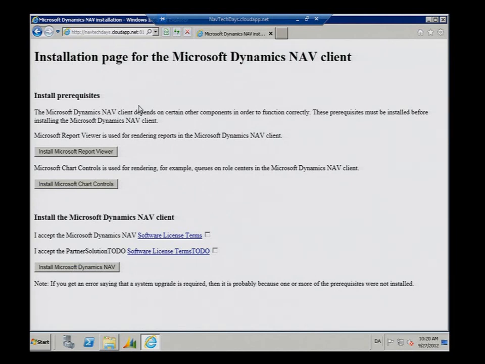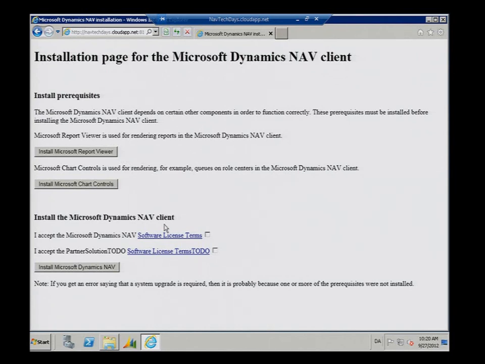And they will see that they need to install 2 prerequisites. They need to install the report viewer and the chart controls. They are needed for the Windows client to work properly. So they need to press this button, run the installer for them, and that's it. The good thing is that this is really simple. They don't need to make any decisions. They just have to press finish, and it's done. And it's a one-time thing. So once it is installed, it's serviced by Windows Update and all that. And they don't need to do it again.